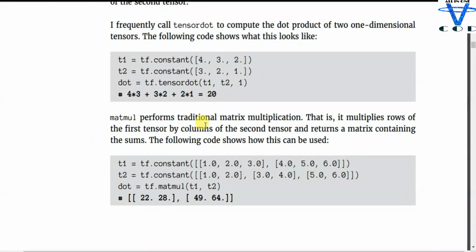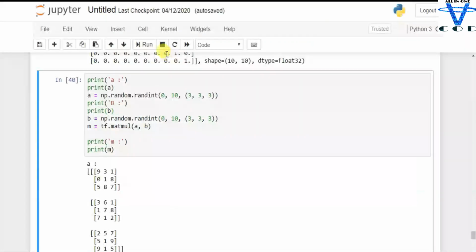Matmul performs traditional matrix multiplication, that is, it multiplies rows of the first tensor by columns of the second tensor and returns the matrix containing the sum. So you can see it multiplies rows of the first tensor by columns of the second tensor and returns a matrix containing this sum.